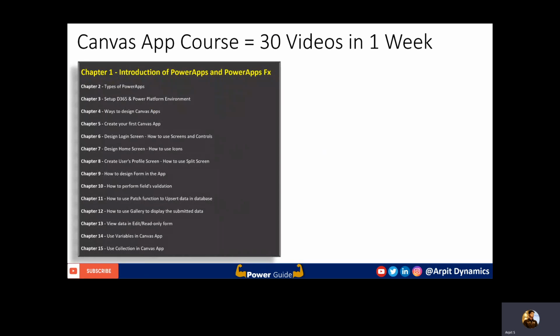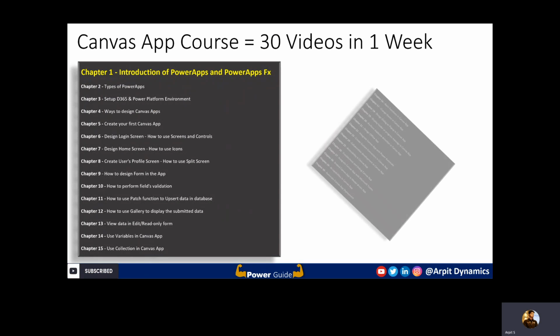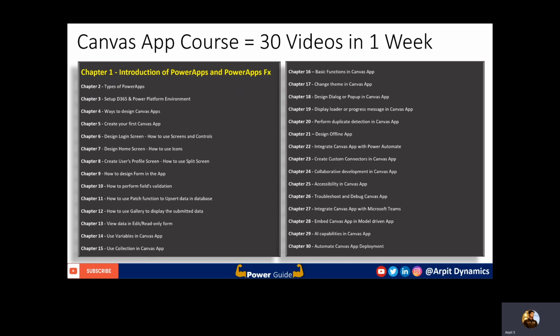As far as the Canvas app course is concerned, I've jotted down 30 chapters for you. All these 30 chapters are related to Canvas apps. Starting from the introduction of Power Apps and the Power Apps Fx language that Microsoft recently announced at Ignite. What is the Power Apps Fx language? I'm going to discuss this in this topic. Then we're going to discuss in the upcoming videos the types of Power Apps, and setting up the Dynamics 365 and Power Platform environment. From chapter 3 to chapter 30, all the videos are going to be live implementations. Before getting into the live implementations, I have kept 2 sessions as theory sessions